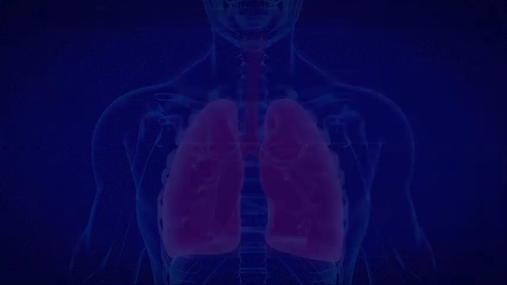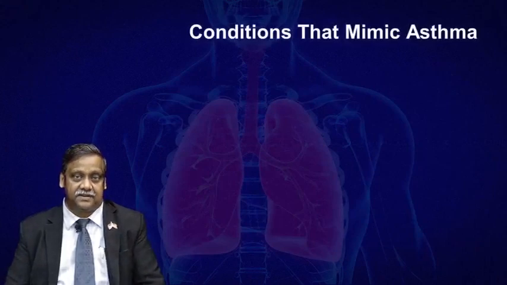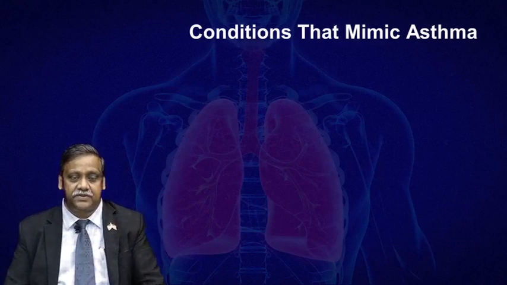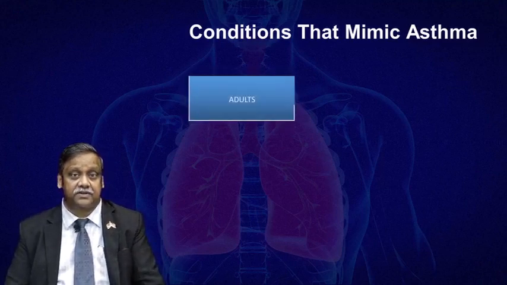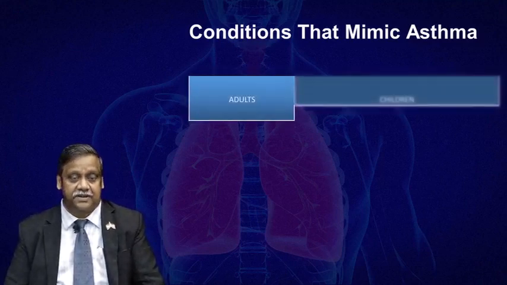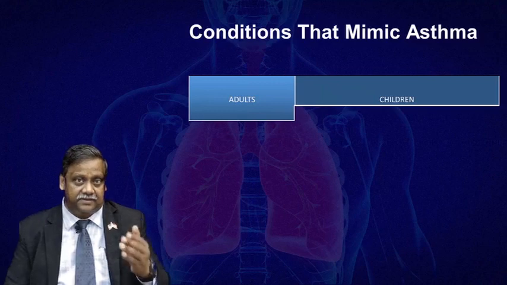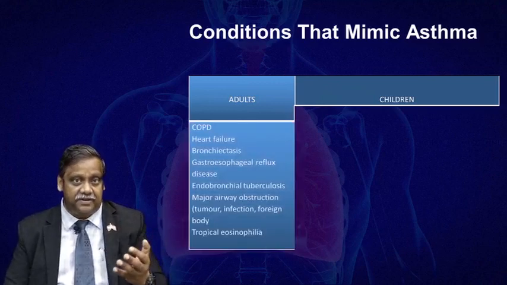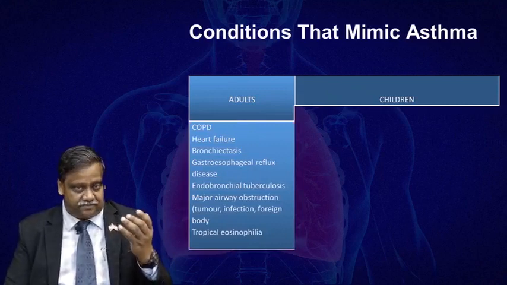But be careful, because there are a lot of mimics for asthma, or mimics for COPD. They present with the same symptoms. And here is a table that tells you what the mimics for asthma are for adults and for children. You can see that for adults, the differential diagnosis for the same symptoms could be COPD, heart failure, bronchiectasis,